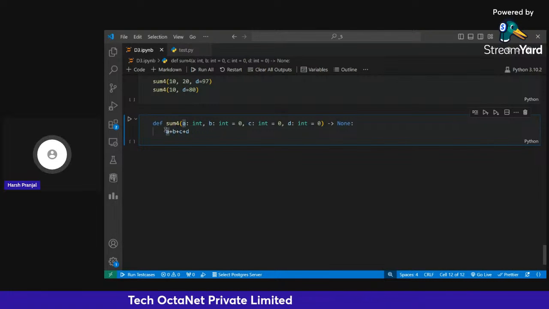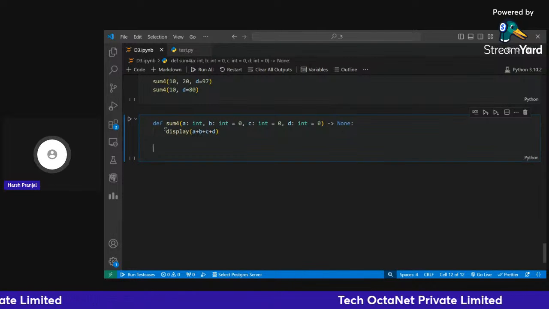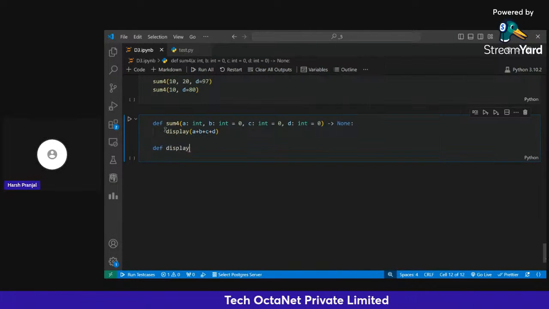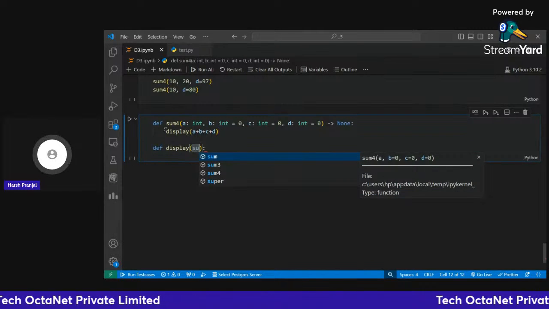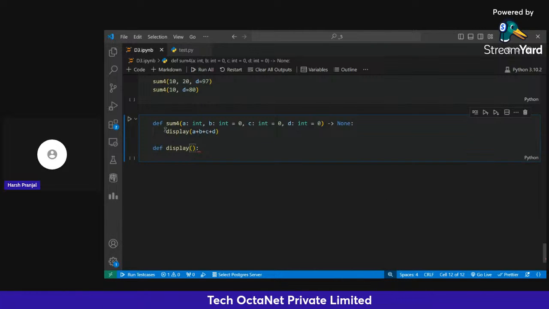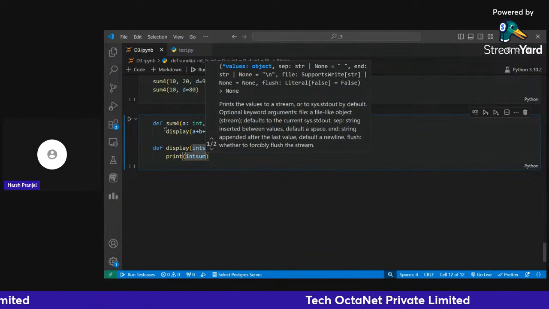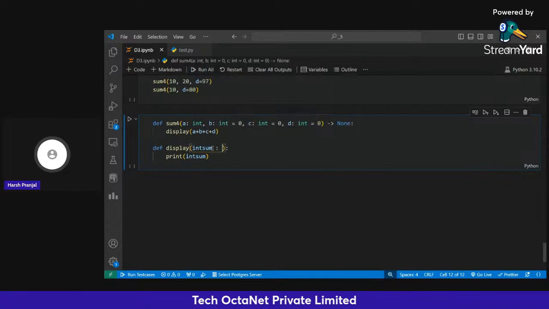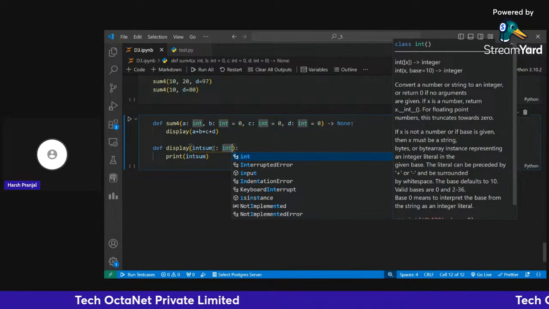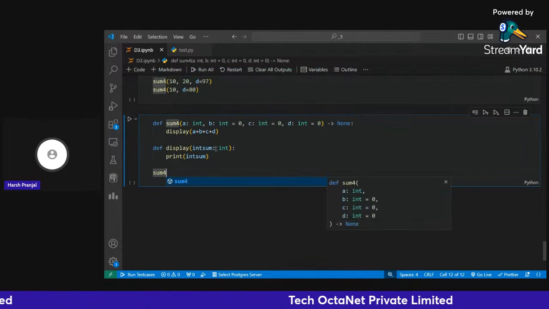Let's call a display function with all these values. And suppose we have a display function here which accepts some value. Suppose the name of the value is sum, and let it print that particular value. Let me define the type, that will be integer. That's it. Let me provide a function call for this,